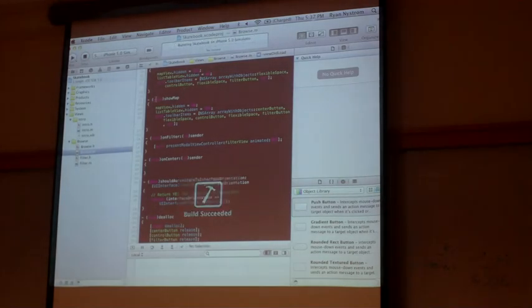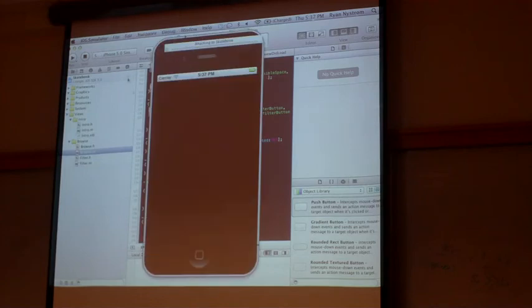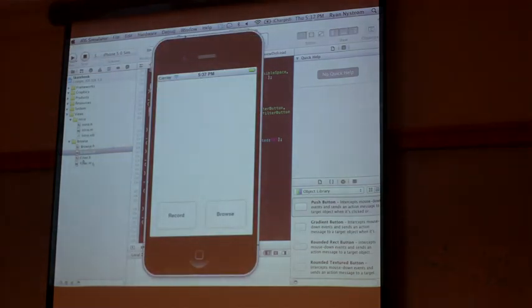This I used a combination of nibs and doing stuff in the code. This is a really awesome UI kit object. This bar up here, it's called a UI navigation controller.